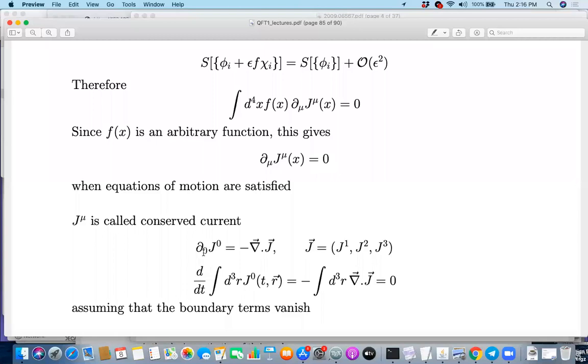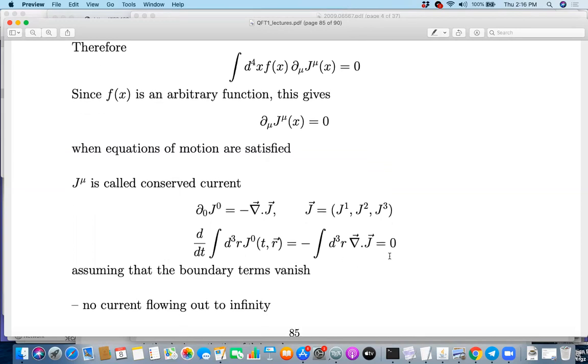And now you can just integrate over the space coordinates, both sides. So on the left hand side, we get d/dt of integral J0. This is because you are doing an integral over the space coordinates, so the time derivative can be taken out. And once you do integration over R3, of course, there's no dependence on the space coordinates anymore. It only depends on time. That's why I've written it as an ordinary derivative with respect to time. On this side, you have the integral of minus divergence of J integrated over the volume of space. And that vanishes if J vanishes at the boundary.